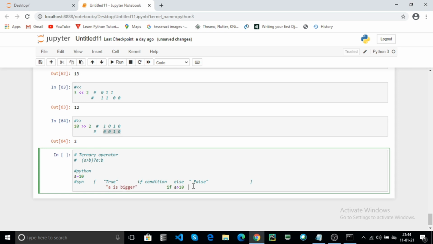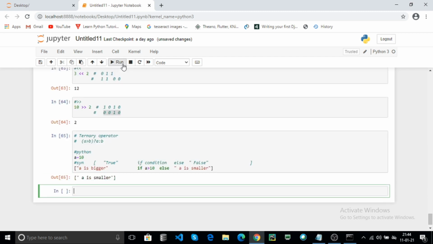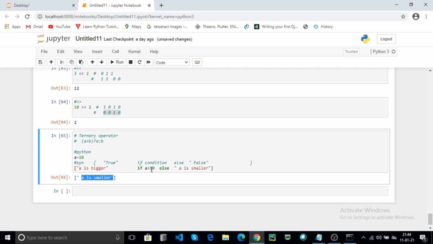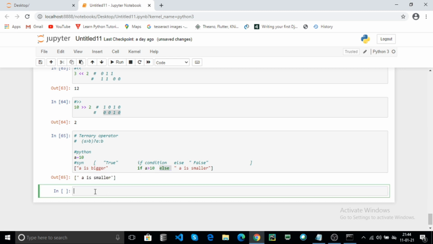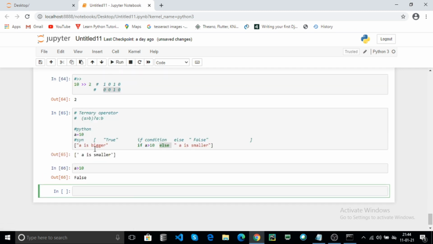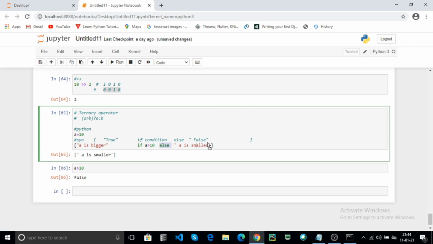If the condition is false, A is smaller. Click on run. It returns A is smaller because the condition is false. Now check, A is greater than 10. The condition is false. It returns the else data.